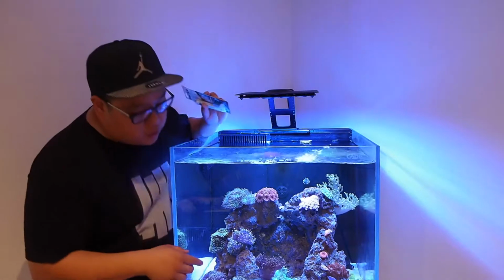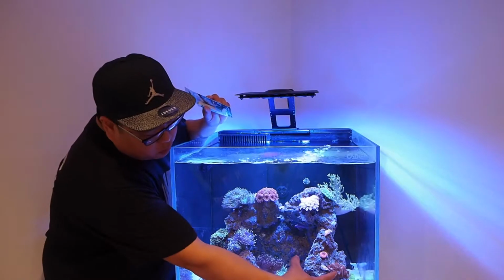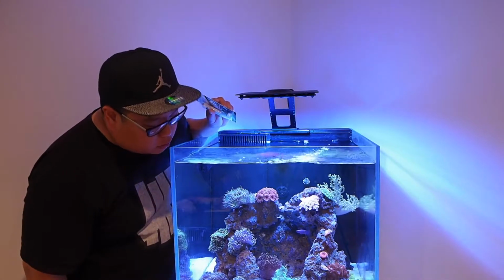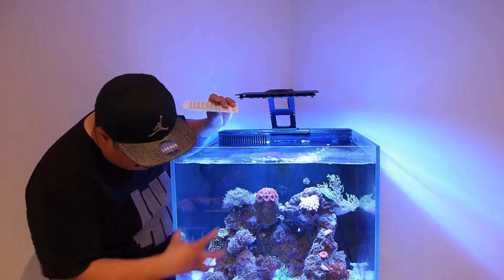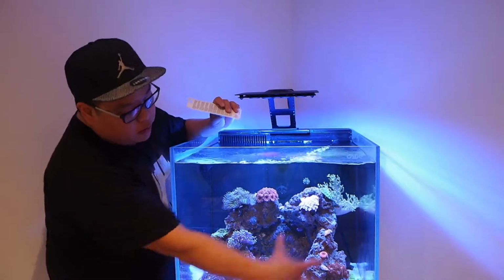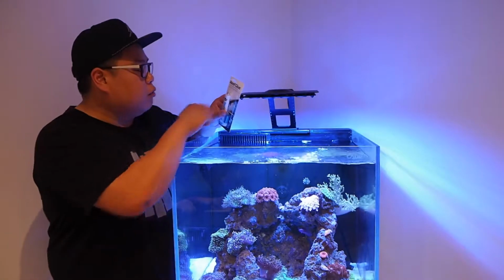So primarily I just wanted to get some of the acans off the sand bed there and just get them onto this rock work here, and glue the scollies in as well, because the tank keeps knocking them over as it swooshes past. So most of this here is pretty much going to stay fixed, and I'm just going to slowly attach the coral starting from this side and then seeing where things go after that. But I'll show you how we glue the coral